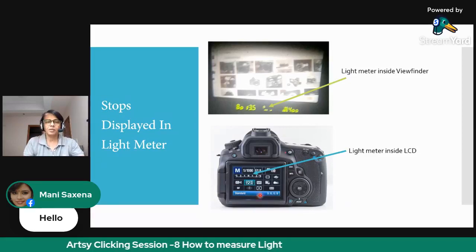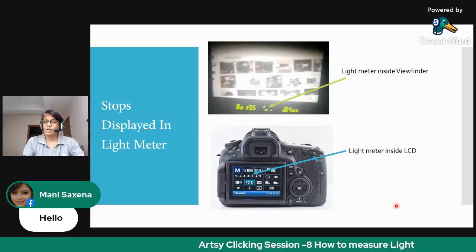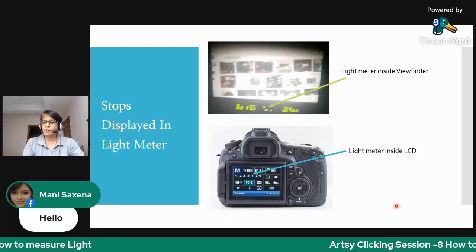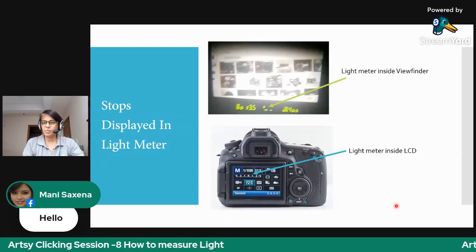And if you press the info button or use the LCD, you find it on your LCD. So I hope I have made it clear where you can find your light meter. Do try to locate it in your camera and use it. If after this session you are not able to locate it, search for it using your camera manual.